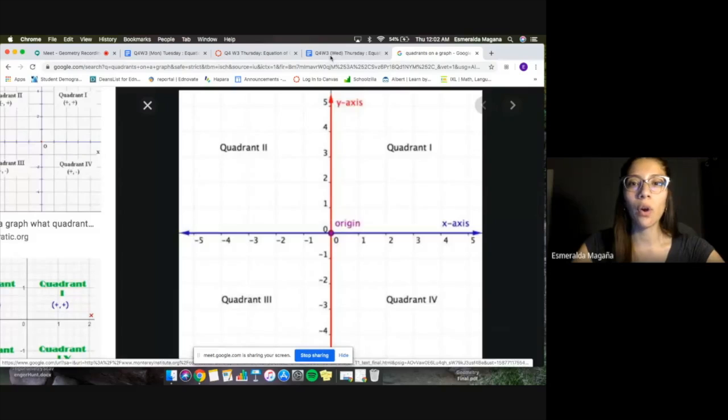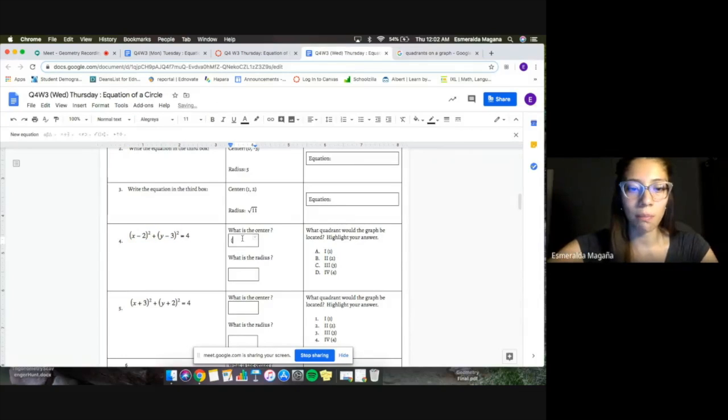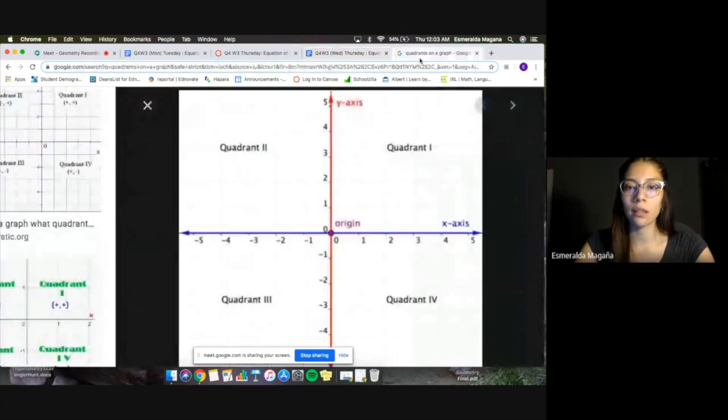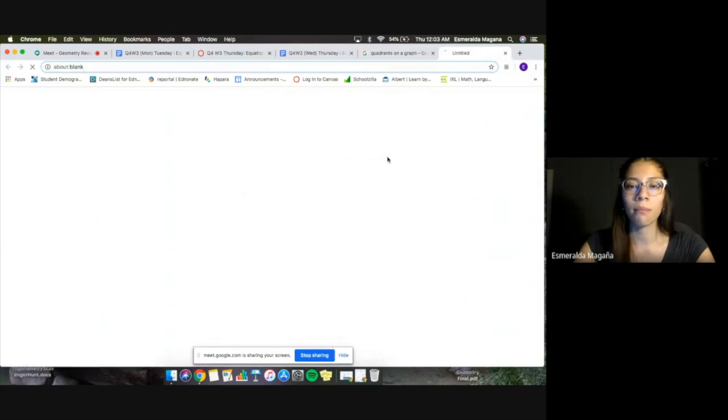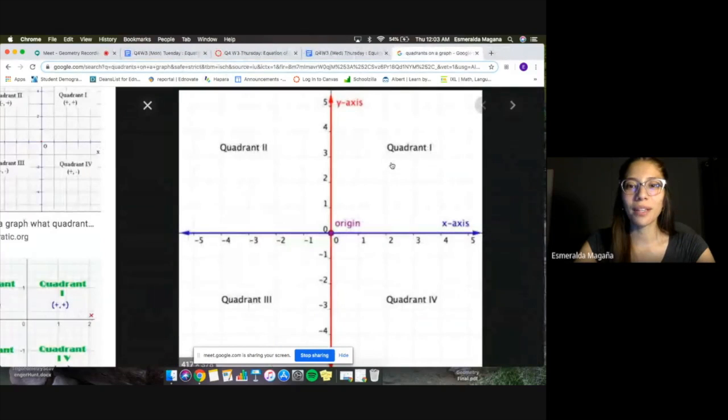So now if we go back to our document, we know that in this case our center is going to be positive 2, positive 3. And if we go ahead and graph that one, that means we'll be right here, and that means my circle is going to be located in quadrant